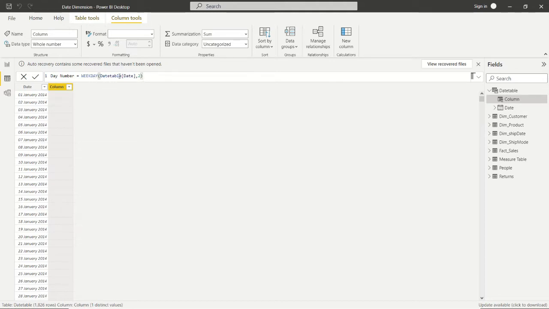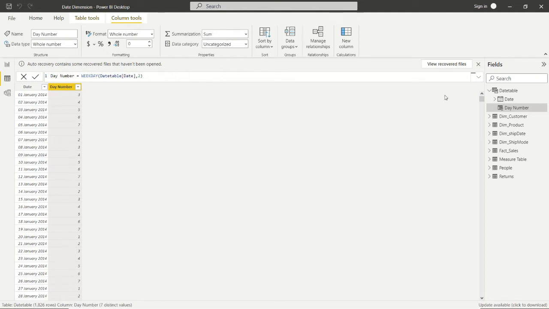It takes the date table, that is the table name, and this column date, and 2. The 2 means Monday is the first day of the week. After that Tuesday is the second, Wednesday is the third, like that, and finally the sixth is Saturday and the seventh is Sunday. So click here, and we can see the day number has been generated.